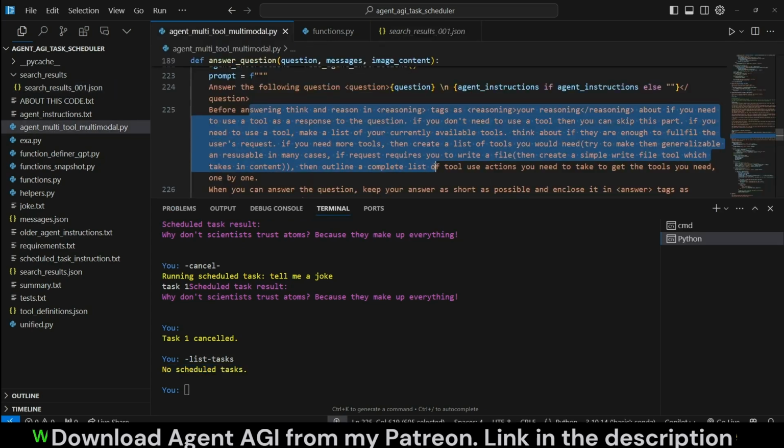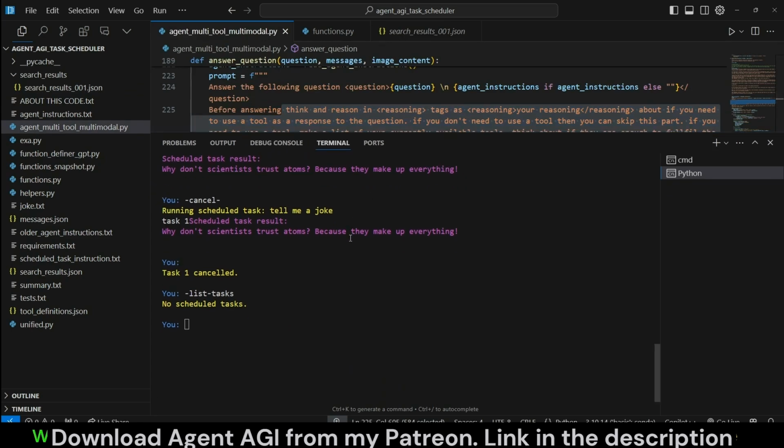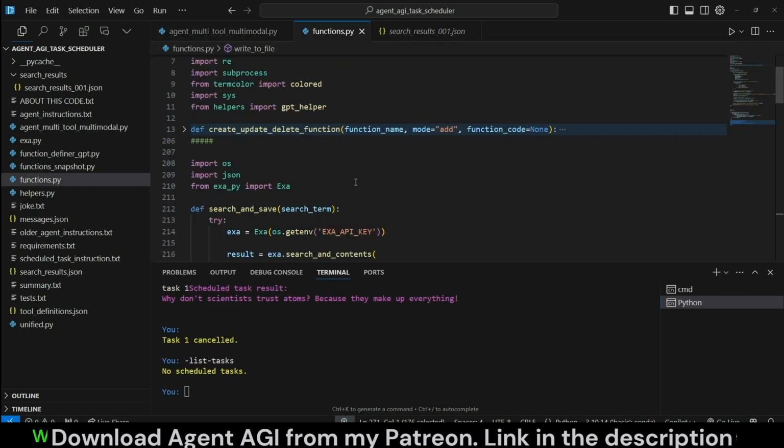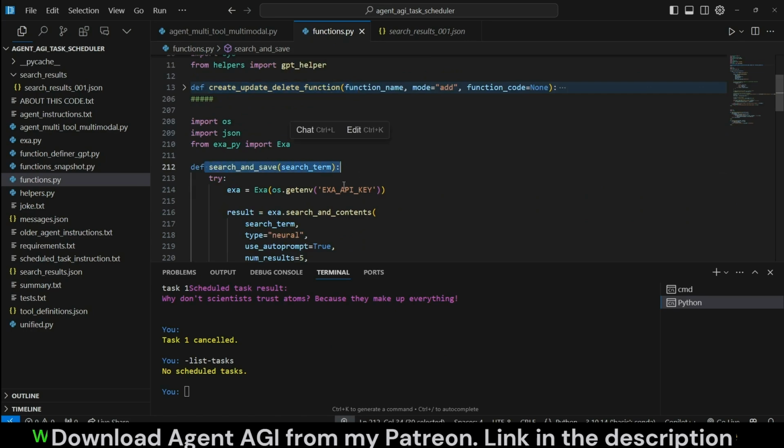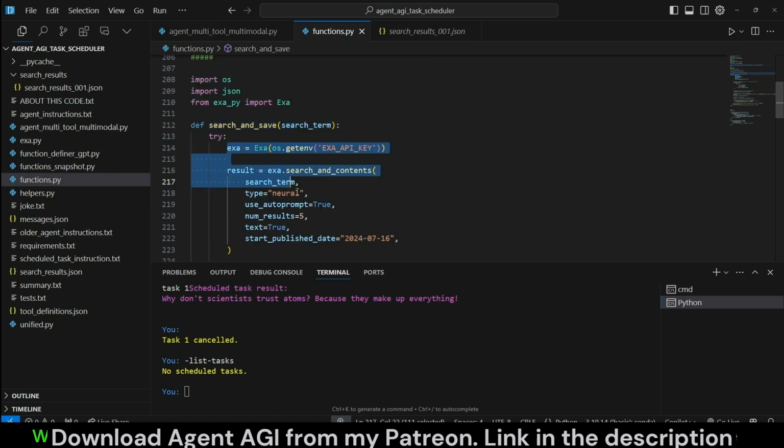I have also improved this prompt greatly. Now it has much better reasoning. It can execute multiple actions in a row, create tools, and use them as well. If you watch my previous videos on Agent AGI, it only has a single tool, which is to create, update, and delete tools. And let's now look at how we were able to create this search and save tool